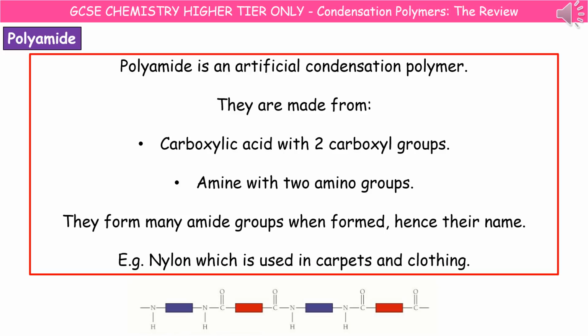The last example of our condensation polymers then is polyamide. Now, polyamide is made from carboxylic acid with its 2 carboxyl groups and amine, which has 2 amino groups as the functional groups. So that when these undergo their condensation reaction, they form many amide groups, hence polyamide. So you've got the example at the bottom down there again of how it actually joins together. And a good example of this is nylon, which we use in everything from your clothing again to the carpets